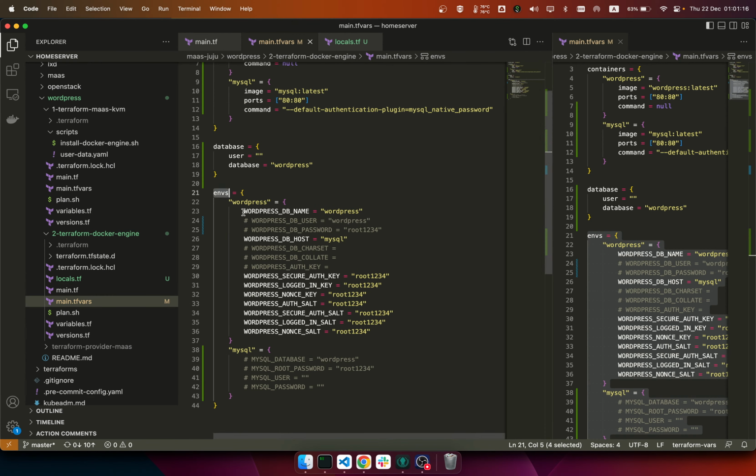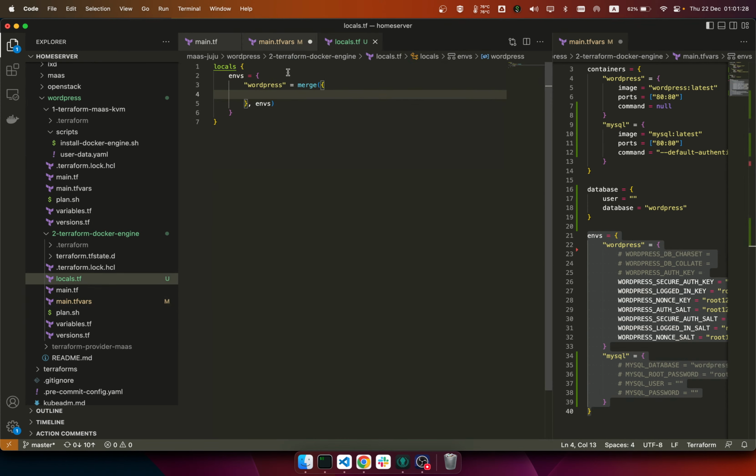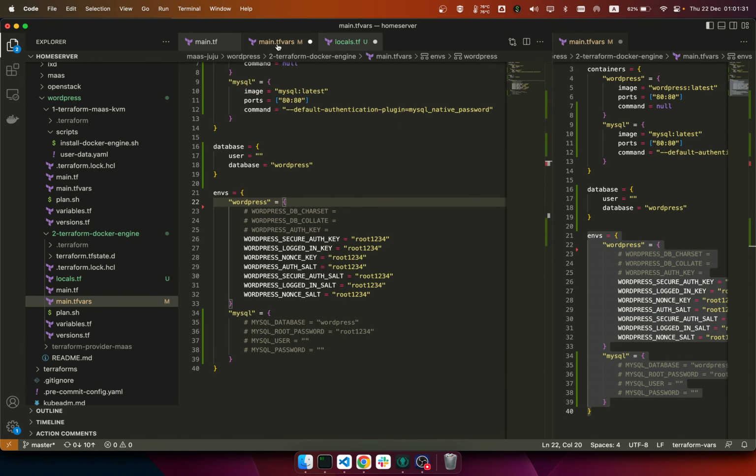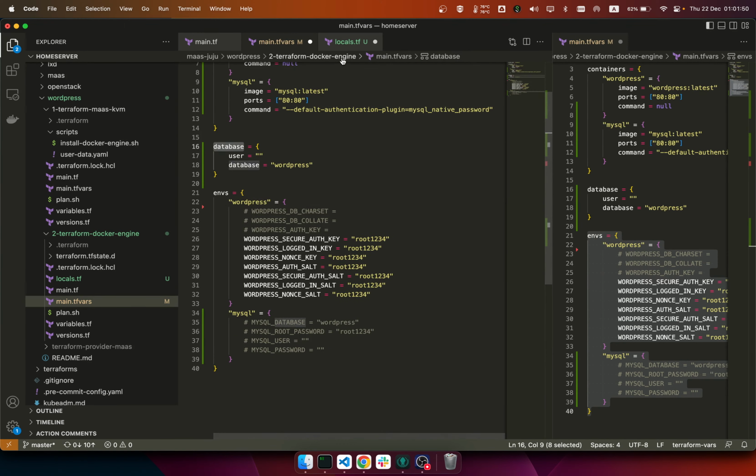for WordPress we have the database host, database user, and password. Those are common variables which we can use, where most of them are common actually. So they are all random passwords and things like that. So in this case, I think we can use